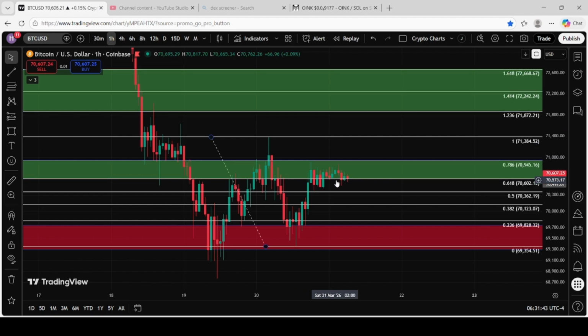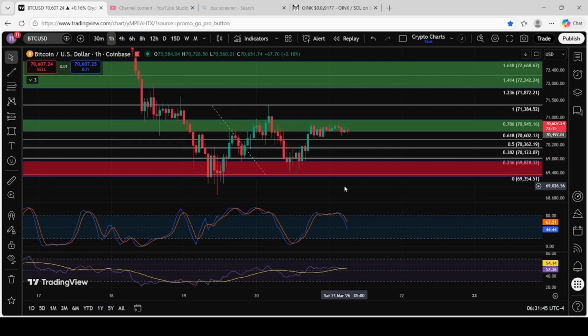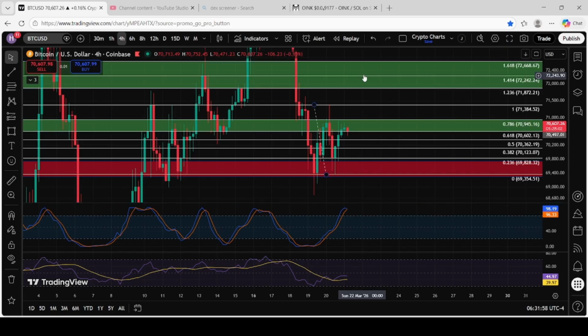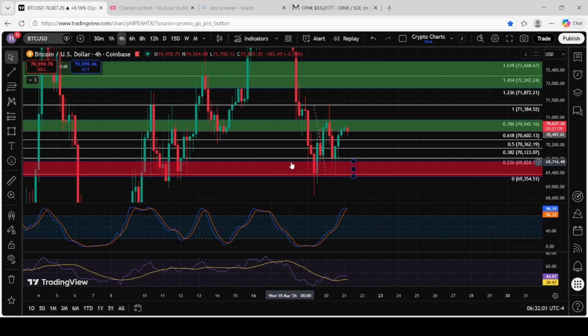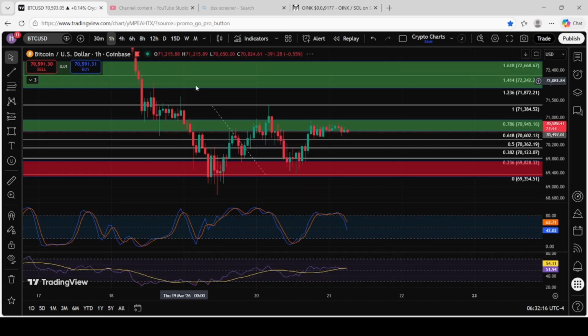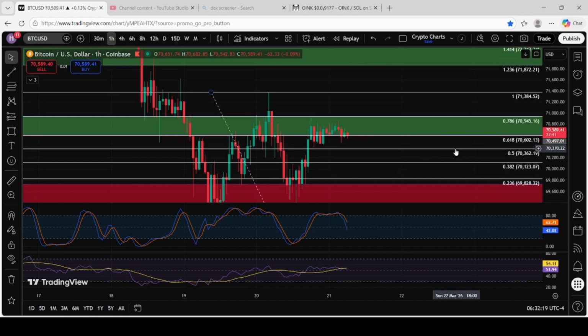So now we're struggling in this green zone, looking at the RSIs. The hourly is coming down on the stock RSI. 4 hour is at the top. So maybe we're a little bit bullish, hit to this green zone, then come back down, or we're just going to start coming back down now. I don't know. Daily, we're still coming down, trying to curl. RSI still below the signal level here. So still coming down, so we could come back down and consolidate a little bit more. So going back to the hourly.